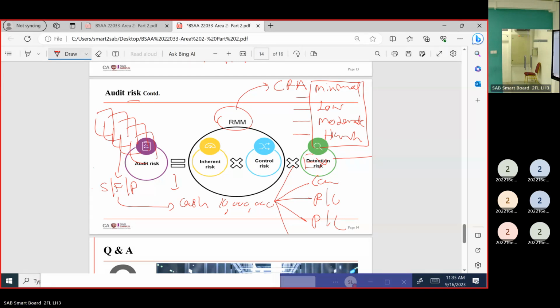For that risk, management should implement controls, and as auditor, we have to test that control. To design the audit procedures, we have to evaluate the assertion level risk. Not balance level, not financial statement element level, not financial statement level. We have to go to the assertion level as well. From that, we can start.